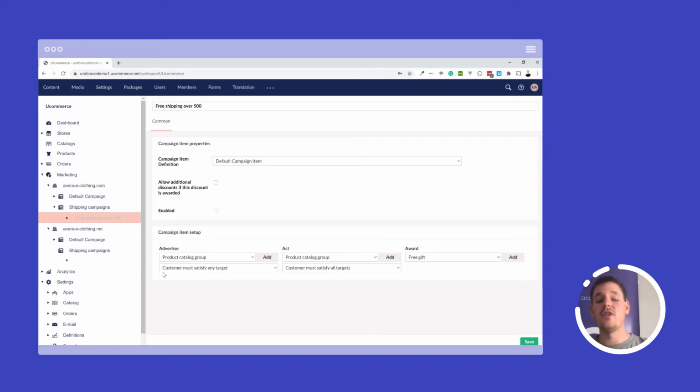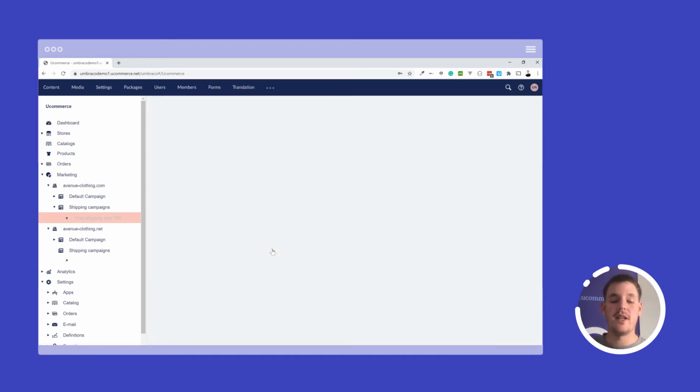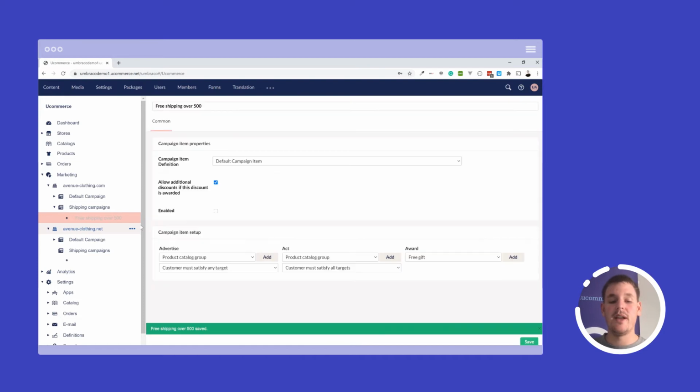That's a good idea in case you have some discount types that give so much discount that you will barely break even on your order. In that case, you can limit your user's ability to retrieve additional discounts afterwards. So if that's the case, then you can choose to leave this blank. And that's where the priority really becomes important. First, the priority of the campaign, and next, the priority of the campaign items.